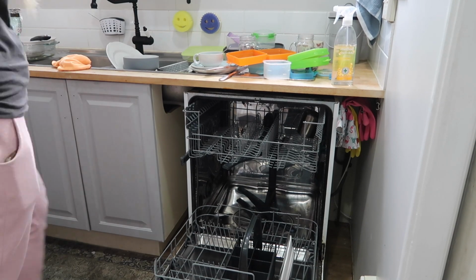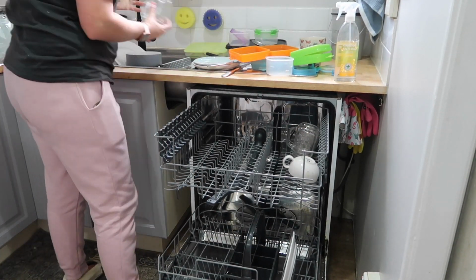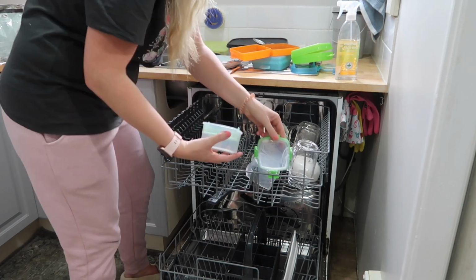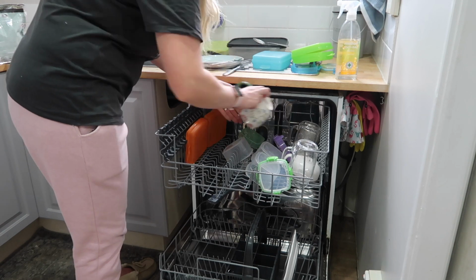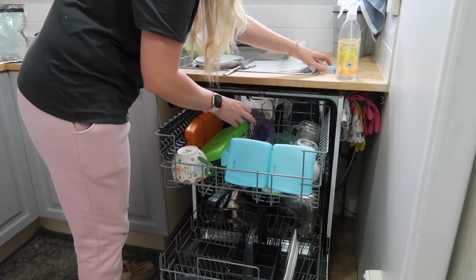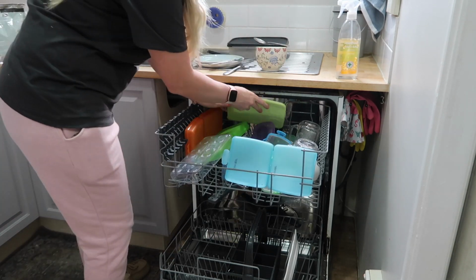And it won't be long now and my gorgeous farmhouse sink will be installed in here, and this area will be looking a lot more different. I cannot wait. And I also thought I'd mention that I stacked all of the dishwasher and washed up and wiped up. I ended up taking all the lunchbox dishes out and hand washing them, and then Will came in